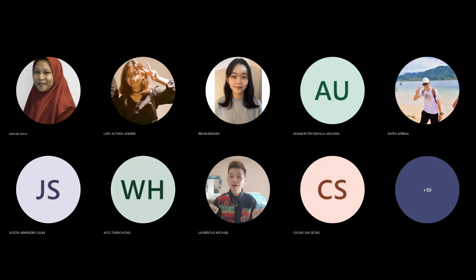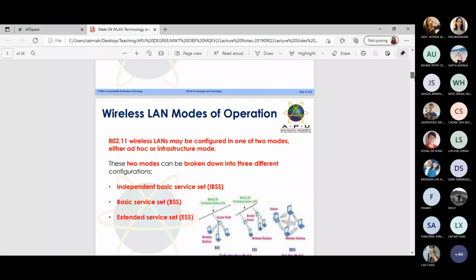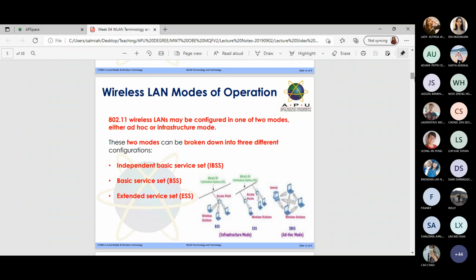And just share again the lecture slide. All right, done. Okay, there you go. So we stopped at the different modes. Okay, where's my digital pen? Right, so we have two modes.